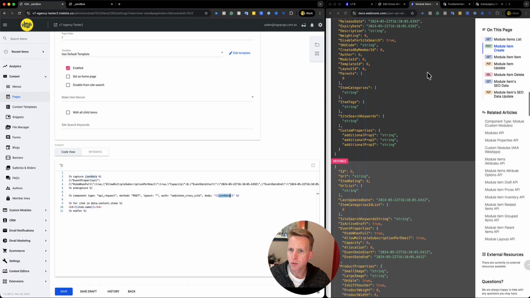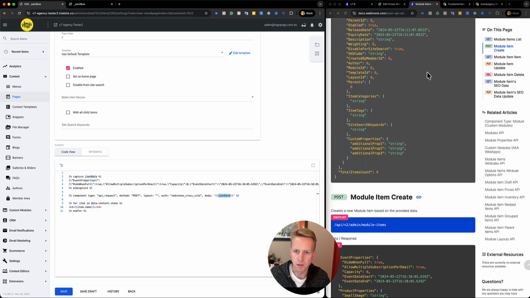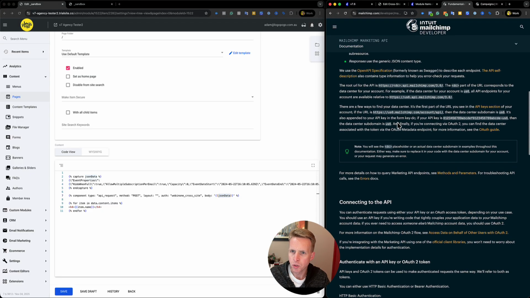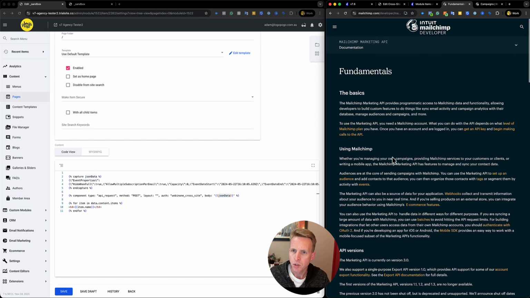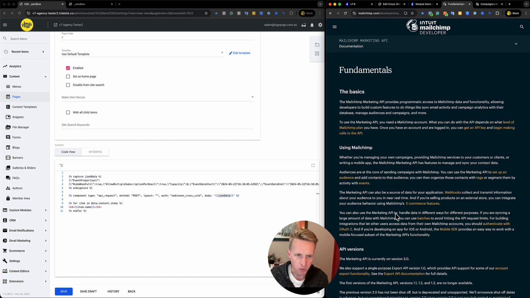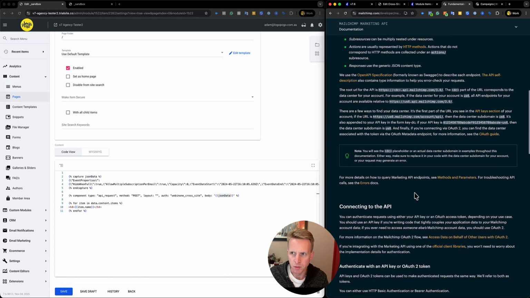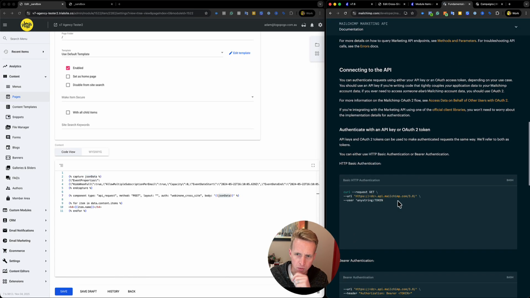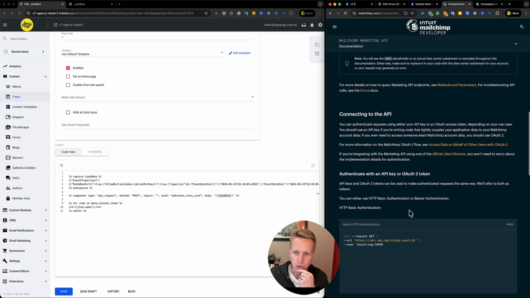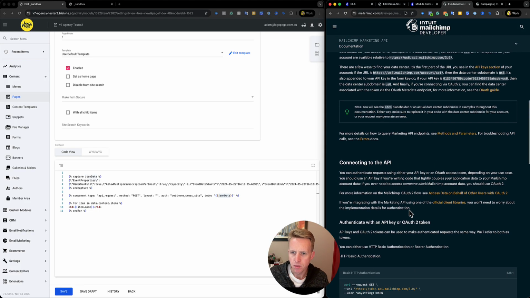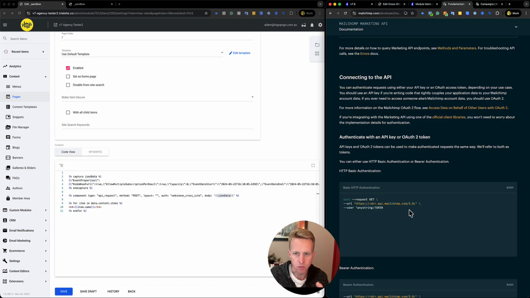Okay, so let's quickly look at an actual third-party system. So in this case, I'm going to look at MailChimp. So they have their documentation on their API. And again, the documentation for APIs is going to vary. They're going to have different setups. They're going to have different terminology for things. And the documentation is going to be structured differently as well for different technologies and code and things like that. So it does take a little bit of massaging